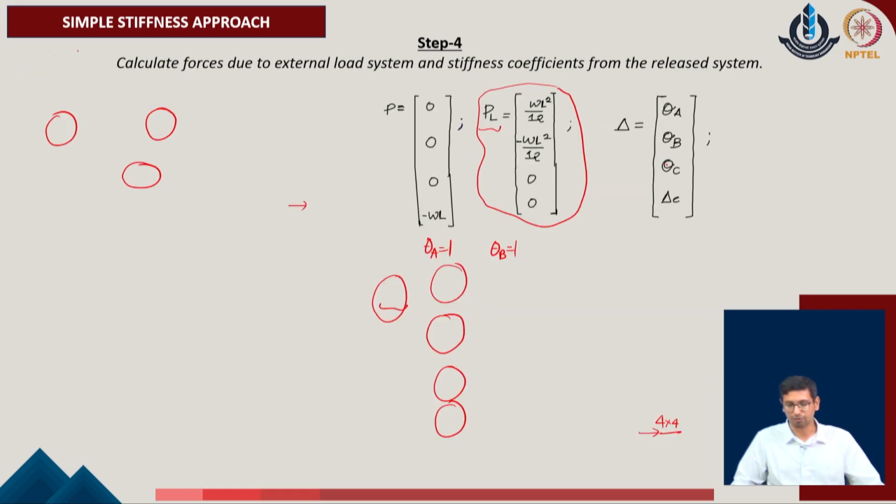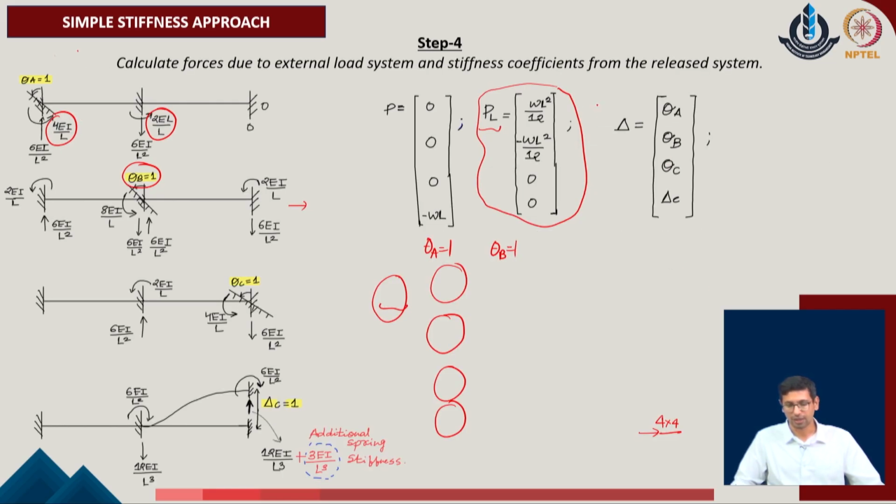So, with this point in mind, we consider over here that the respective forces of the P of L becomes WL square upon 12, and the second force is also minus WL square upon 12, whereas the component of the equilibrium of the given system will require us to identify the given force, which is of amount minus WL as it is in the downward direction. And with this point in mind, now we have identified the load vector of the given system, which is P, which is identifying the equilibrium condition, the external load component of the given system, which is due to the fixed ended reactions of the given system.